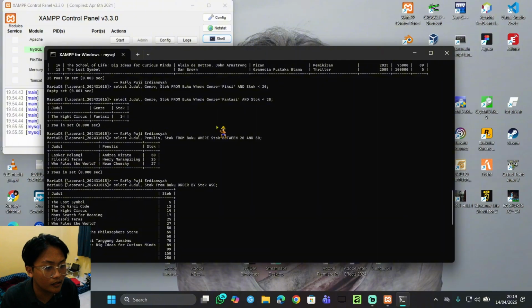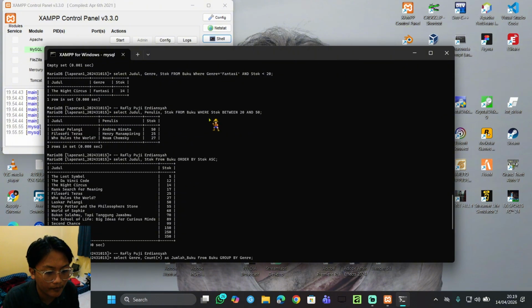We want to filter on genre, where the genre is fantasy, and the stock is less than 20. We just have one title with the genre fantasy and stock less than 20, which is The Night Circus.